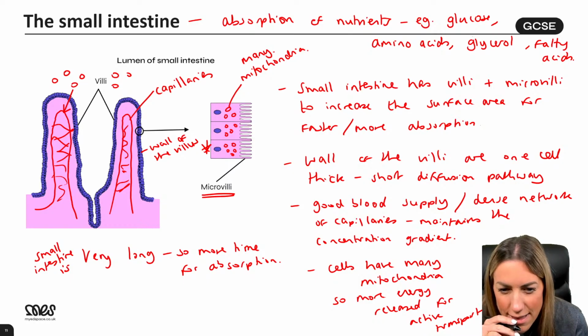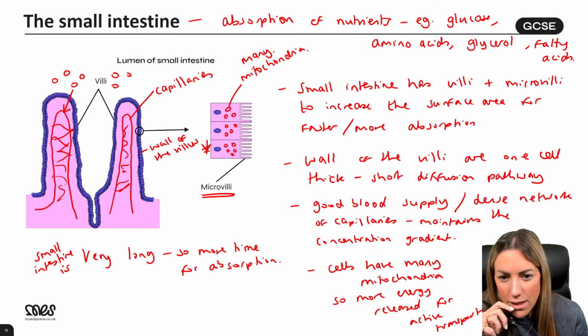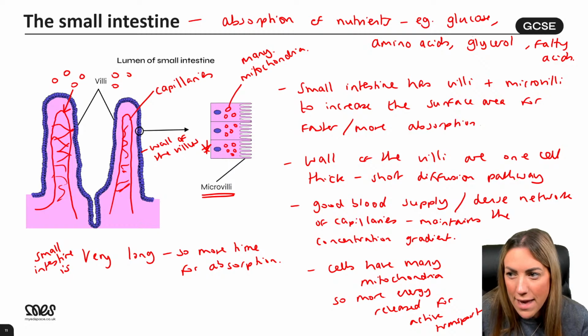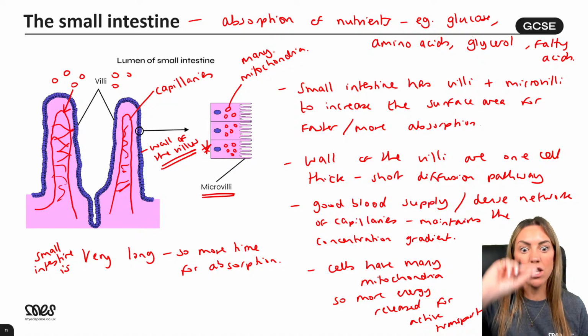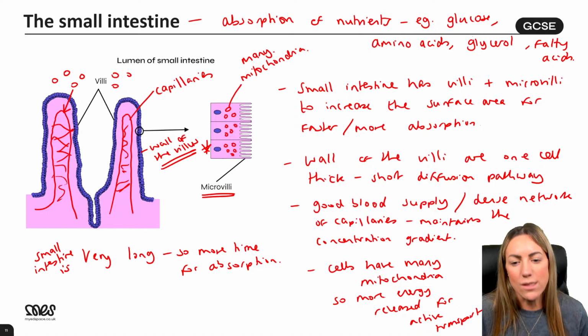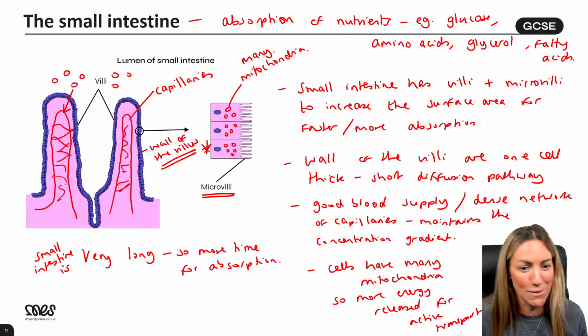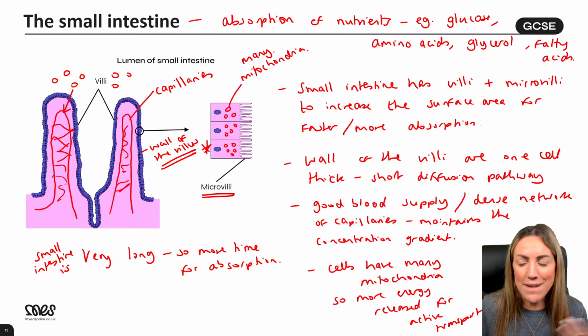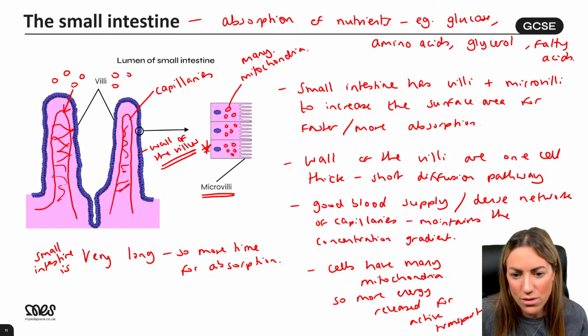Could you also say the external medium gradient is also maintained? The concentration gradient is maintained, Mariam. The concentration gradient is maintained. What is 1 cell thick? The wall of the villus, or the walls of the villi are 1 cell thick. The surface layer is 1 cell thick. This is higher, but it's also on foundation. I mean, if it's a big 6 marker, it's more likely to be on higher, but this content is also on foundation.